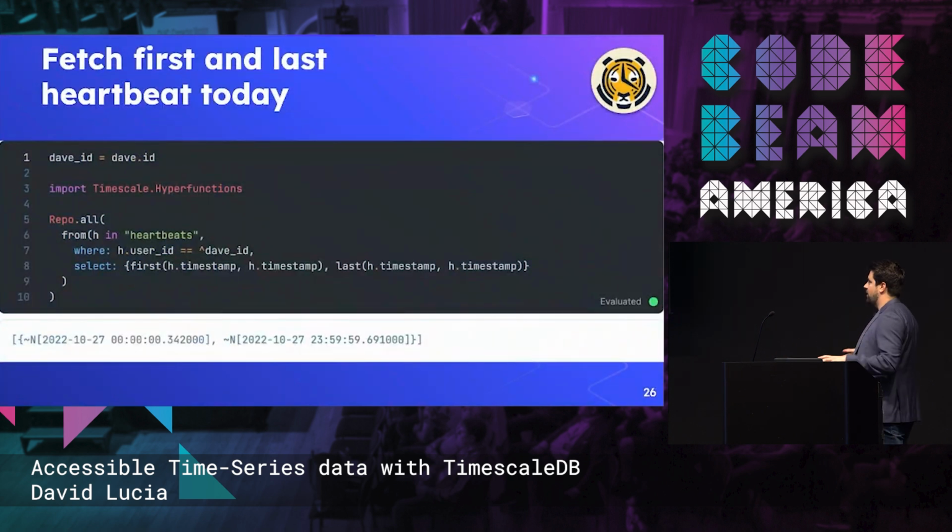OK, let's get into some real code now so that we can see what we can do with this. This is going to be a really simple example, but from the heartbeats table we've created before, it's just got a timestamp, and it belongs to a user. I'm going to pick me, and we're going to query all of my heartbeats in the data set, and we're going to get the first and the last. And what you should see on the bottom there is that we've got the beginning of the day of October 27th and the end of the day for October 27th. That's because I generated a full day's worth of heartbeats for that. So you could see in the select there that it's calling first and last on the timestamp.